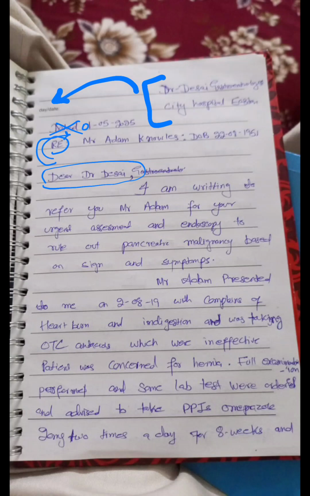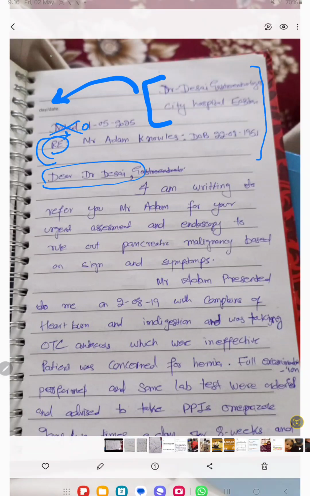I told you in the very basic lecture as well how to write the letter and how to set things up. So this is how you will be done with the initial phase. Okay, so again let me tell you. First you will write